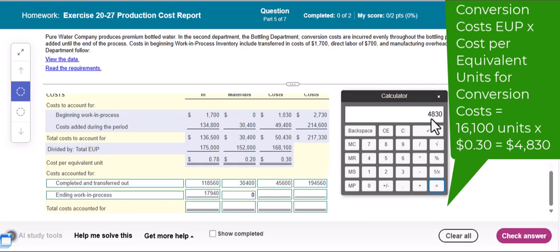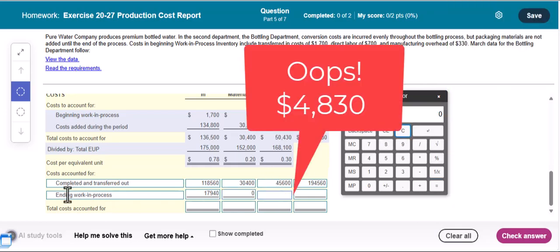And then add this ending work in process to get the total costs here. That is going to be 22,770. Now we need the total costs accounted for, so we just add the completed and transferred out cost to the ending work in process cost. We'll add those through, and that's going to give us